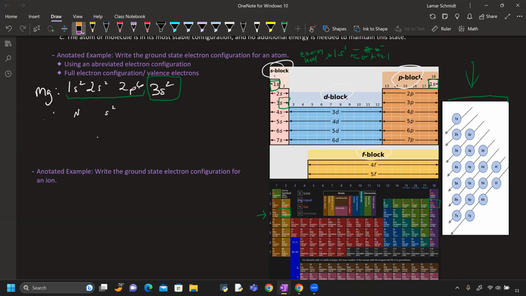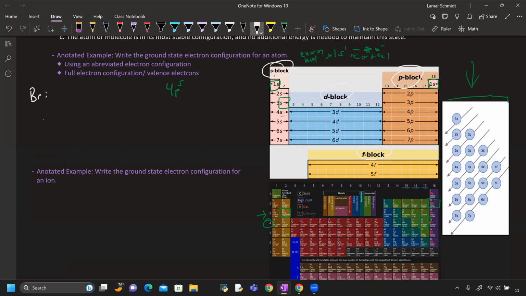And then just to do one more, let's knock that out real quick. Let's do one for bromine. So here's bromine. And if we wrote the full electron configuration for bromine, here it is right here. We notice that it is in energy level 4, and it is 4p1, 2, 3, 4, 5. So we're going to stop at 4p5,